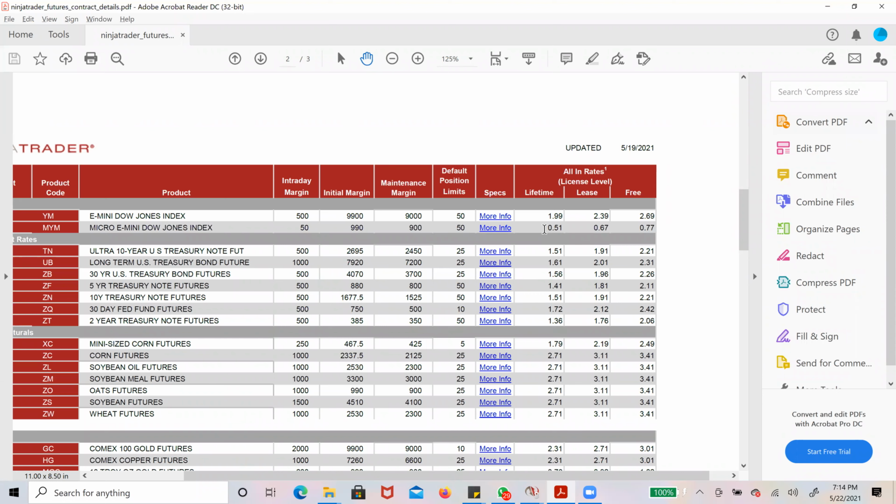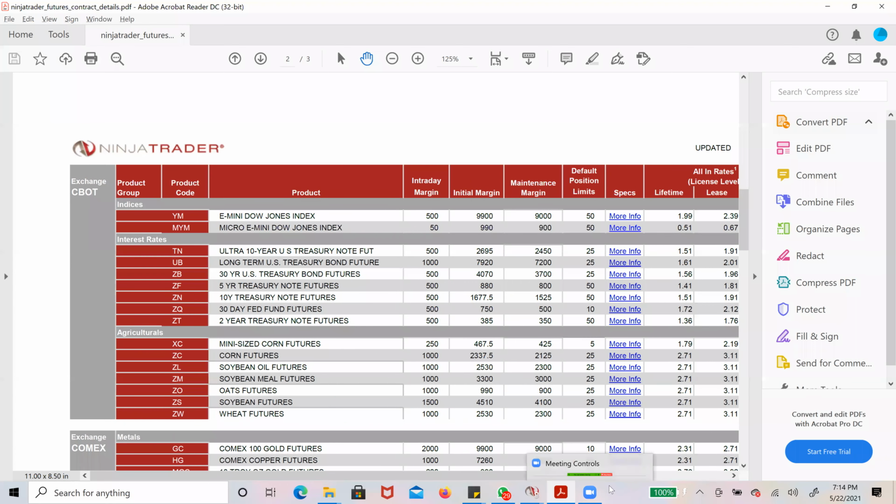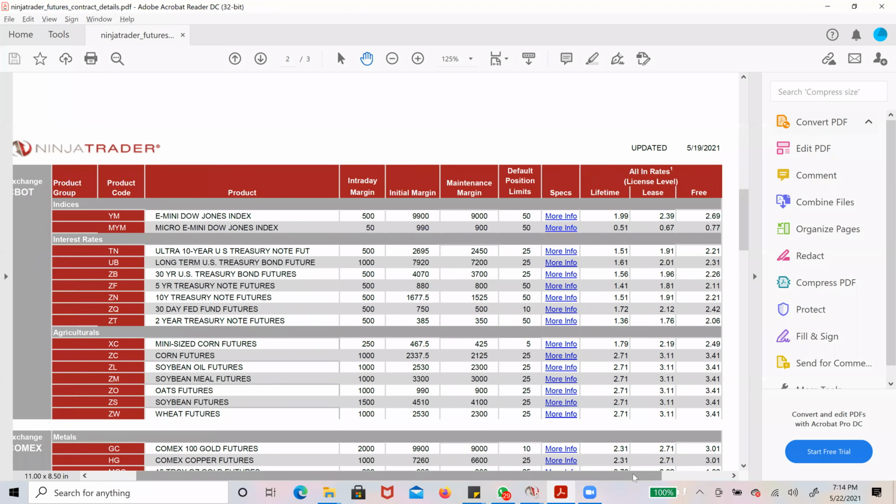$1,100, which will allow you to do as many trades as you want, and it will only cost you 51 cents every single time you take a trade for any micros. Okay, and if you take any minis, it's going to cost you $2, or it depends on what product you are trading. Okay, why this is very important for everyone to understand,